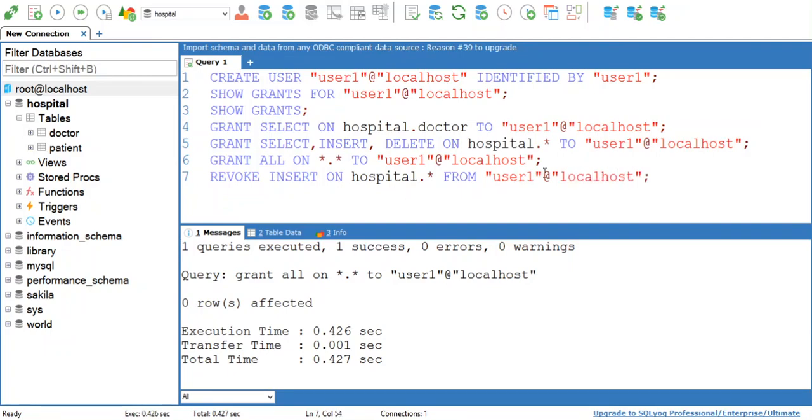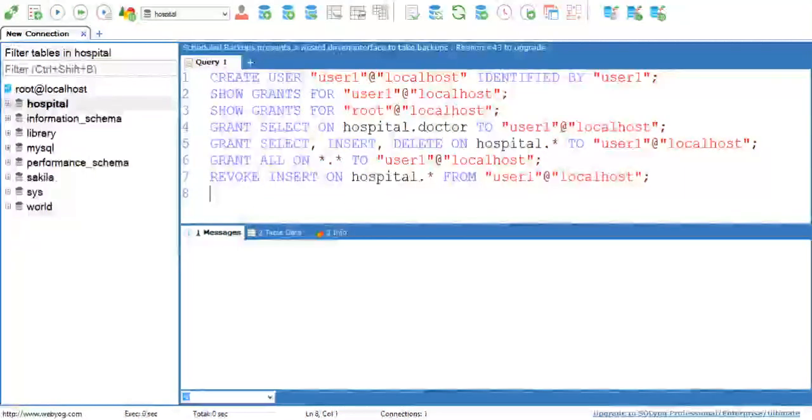See, currently your user1 is having all authorities, all permissions on all databases. I am revoking, I am taking back insert permission on hospital database. Means user cannot insert data into any table of hospital database. Execute this query. Query is successfully executed. Now we have seen how to revoke a single privilege from the user. Let's see how to revoke all privileges from all databases from this user1